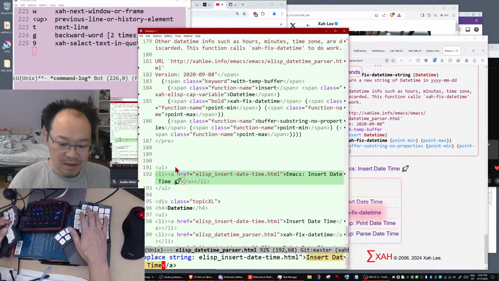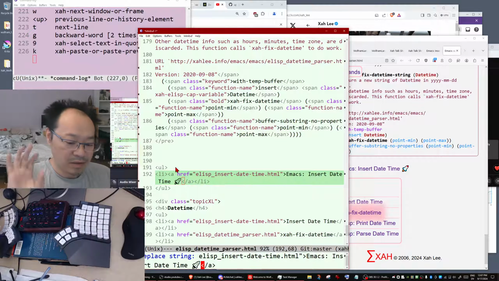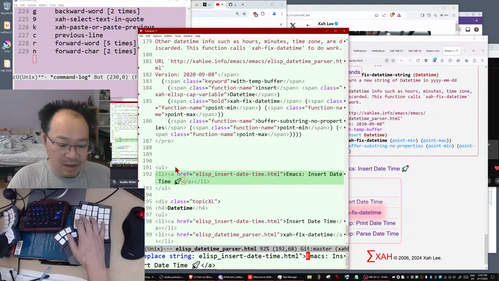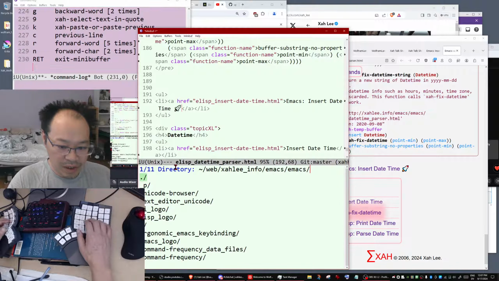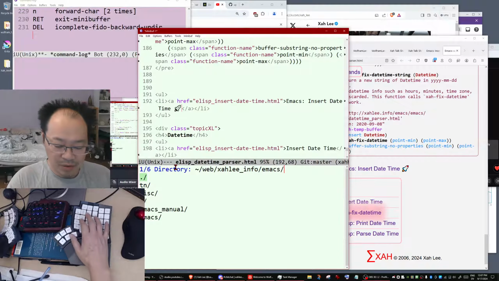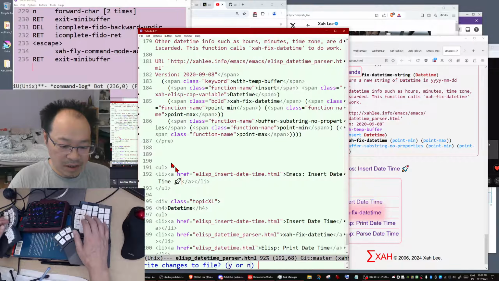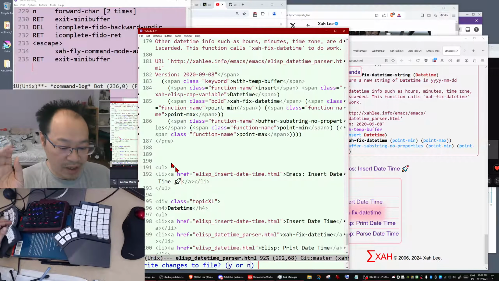It will be that plus the rocket, and with Emacs in front. Say yes, and which directory? Let's say this directory. This is my website document root. Enter, file path regular expression, .html extension, yes, write changes to file, yes.